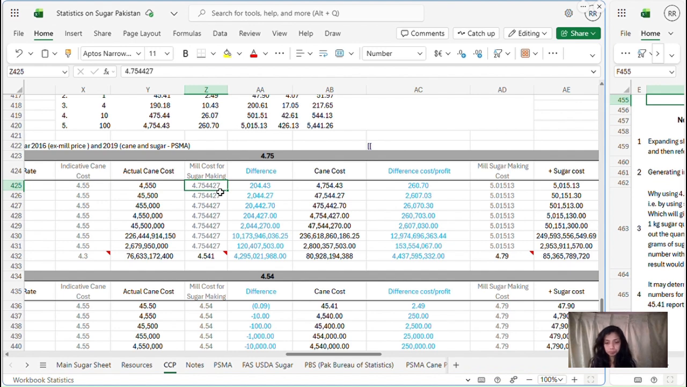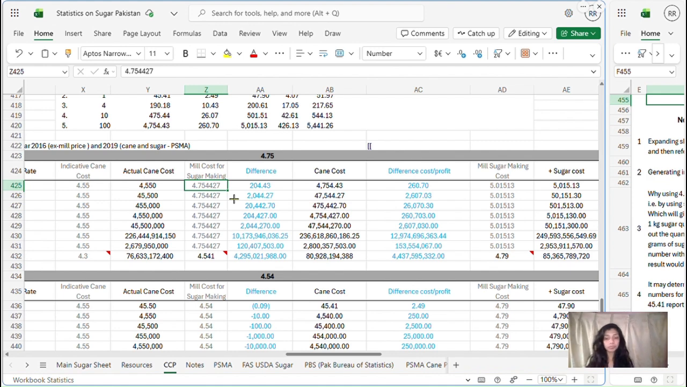Now, the point to understand here is how this number came here, and how the mills were getting this number. Instead, the number should be this. Now, what is the difference? This number is telling us that for 1000 kgs of cane, each kg of cane cost 4.7 when calculated in